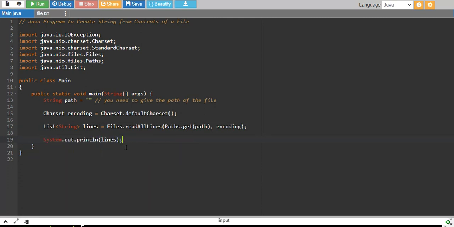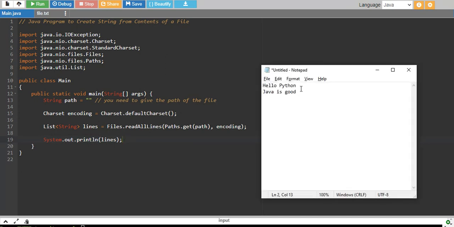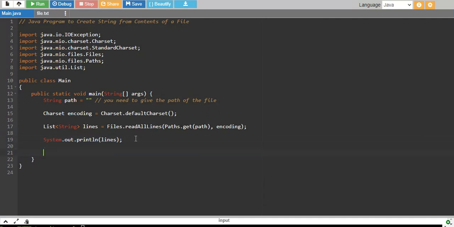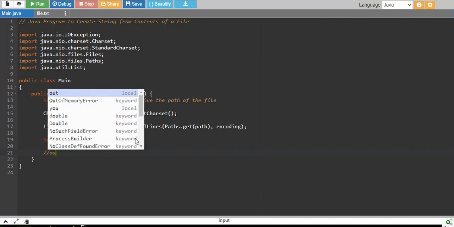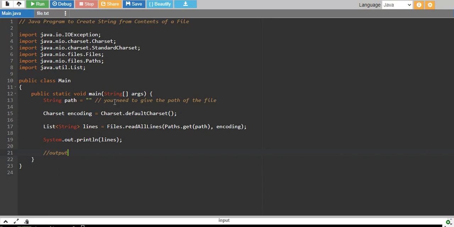If you print this and if your file has these two lines, hello python and java is good, then your output will look something like this. I can't run it because I don't have a file, since I'm using an online editor, so I'll just mention the output.